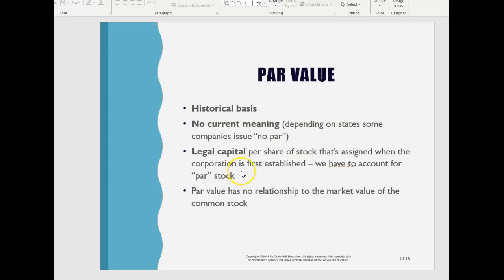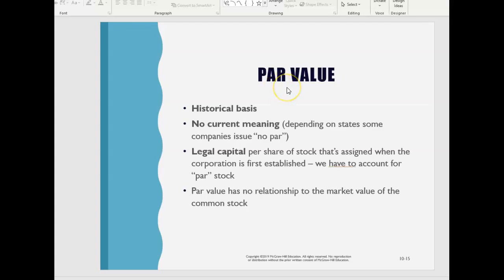Okay, here's another term that we have to talk about. In accounting, we don't love this term, but we have to deal with it. It's called par value. Some shares of stock, some common and preferred shares, have this funny little term called par value. Now, stocks can be issued with a par value, or they can be issued as no par. We prefer stocks that are issued at no par. But let's talk about what this par value is. It doesn't really have meaning in today's economy.